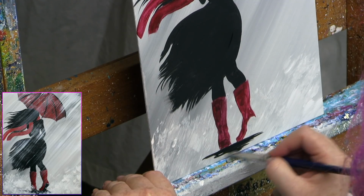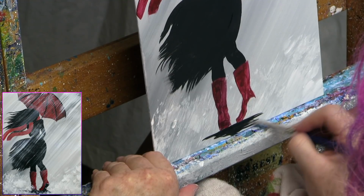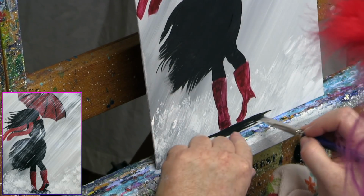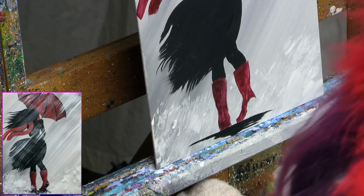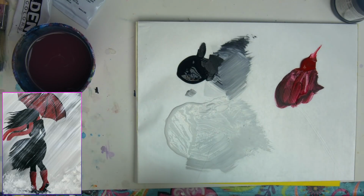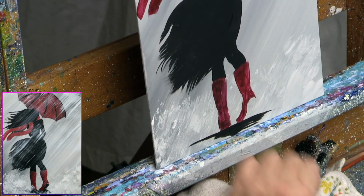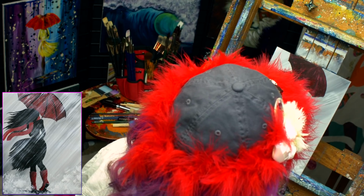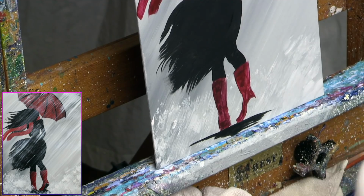I'm going to paint a tapering little shadow that tapers down on the edge of the brush. It's going to be longer at the top and taper down. Now the next thing I'm going to do is get my detail brush out, get my shoe in and some detail on my umbrella, and then I'm going to get to the next part